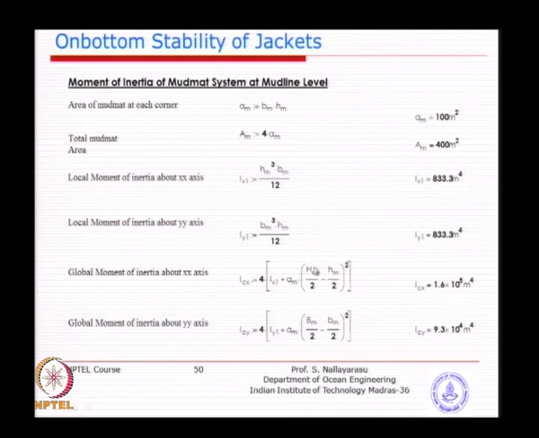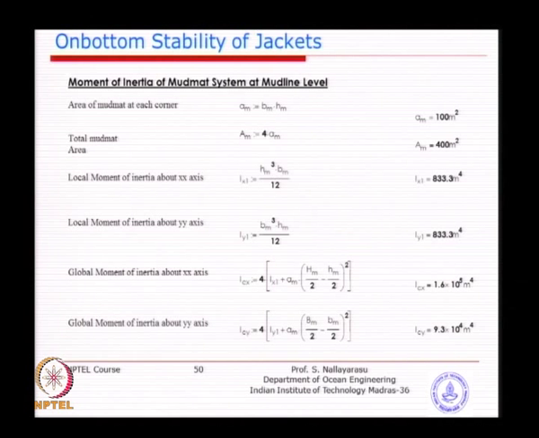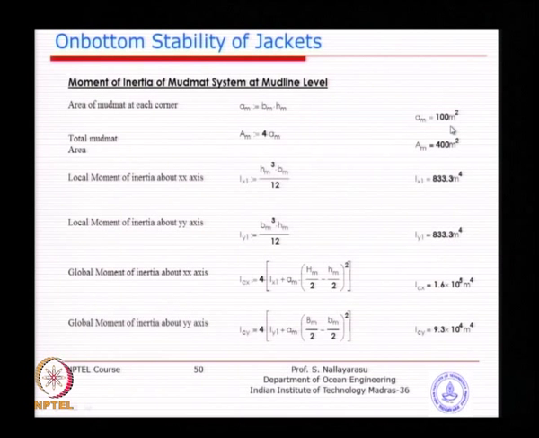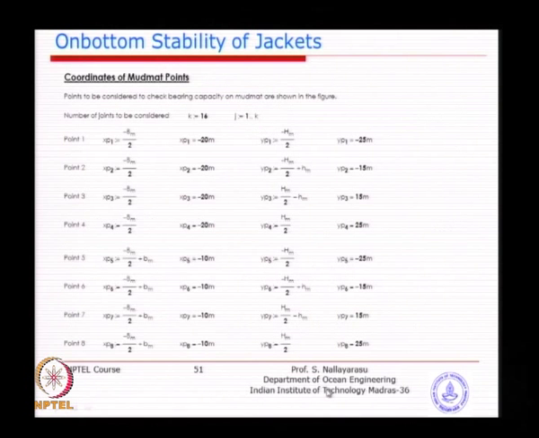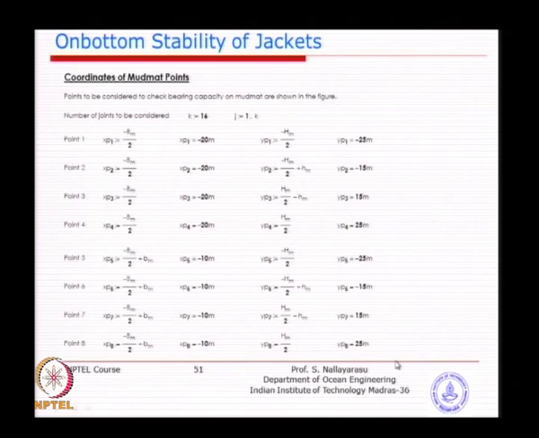So, in this case the procedure is quite simple, I think, because square mud mat, area, width times the other dimension, which is 100 meter square, 4 times, and then you have Ix, Iy of the individual mud mats, and then the combined system moment of inertia, which is, and then what we are just doing here in this particular case I have just wanted to show you was, I describe all these points.